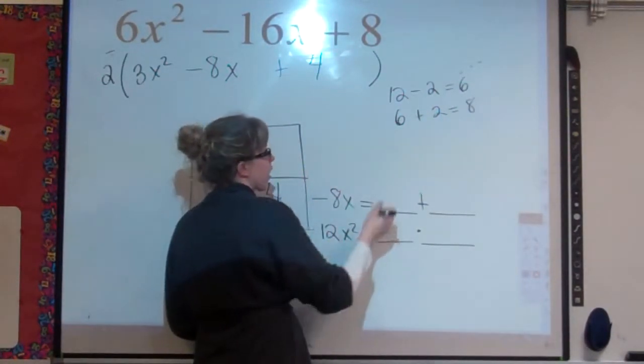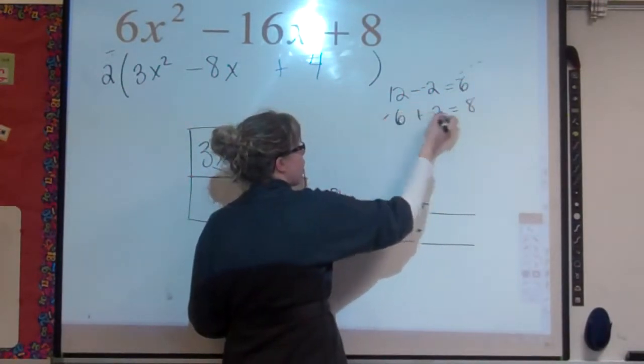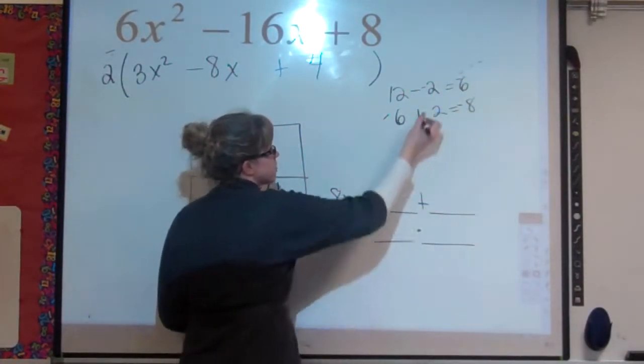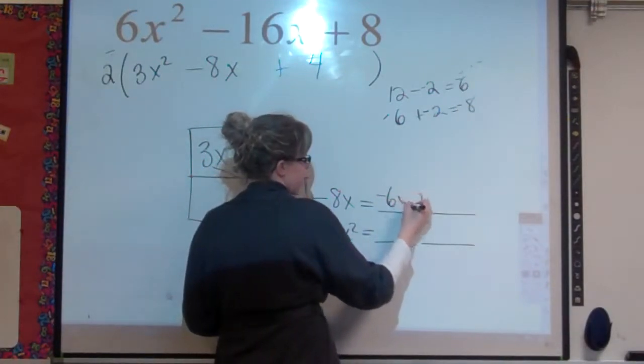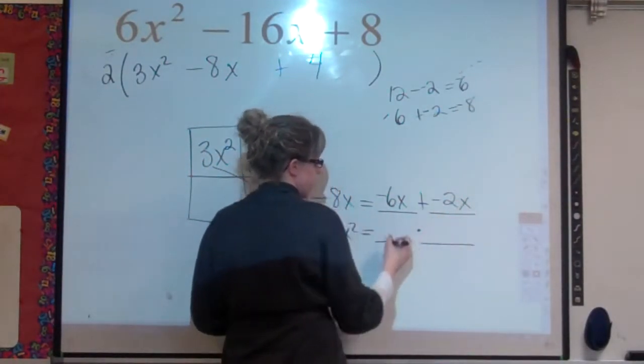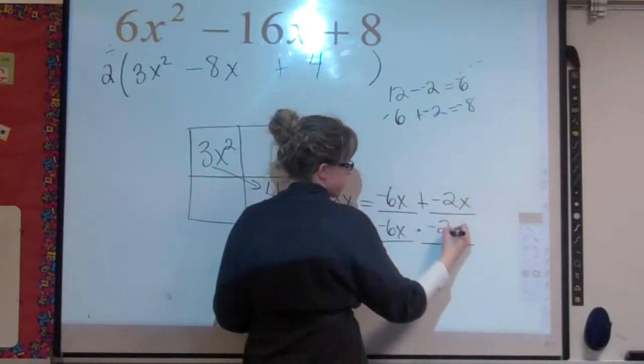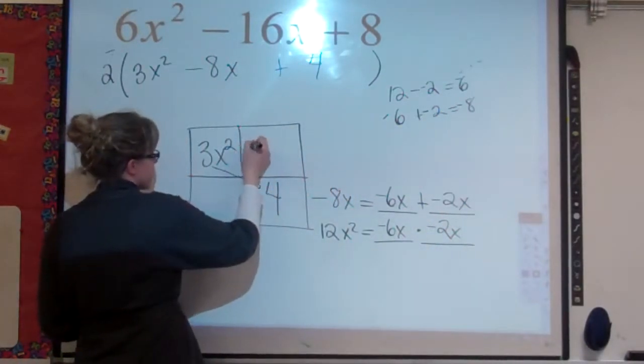But if we made them both negative, it would still satisfy all of our conditions. So negative 6x, negative 2x. So I put these numbers in my boxes,